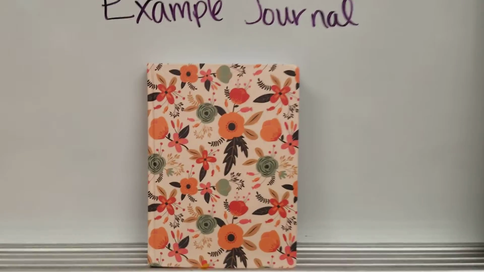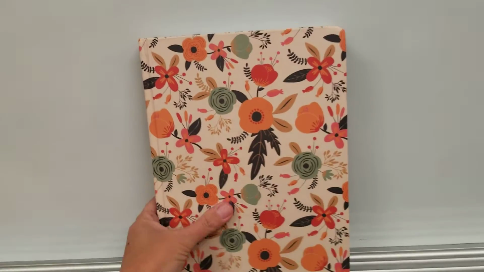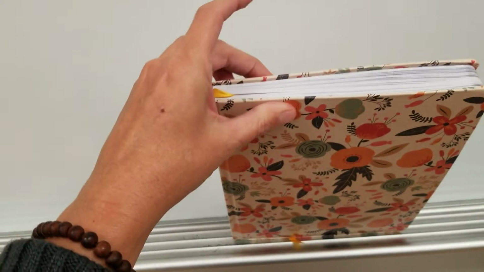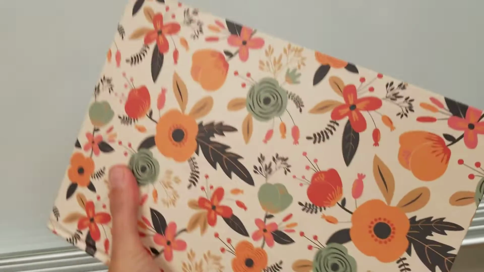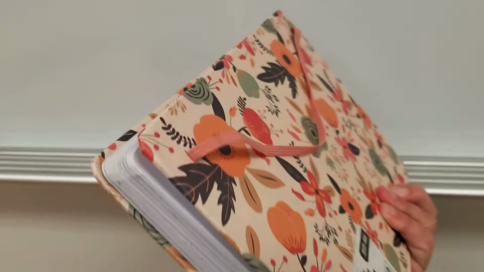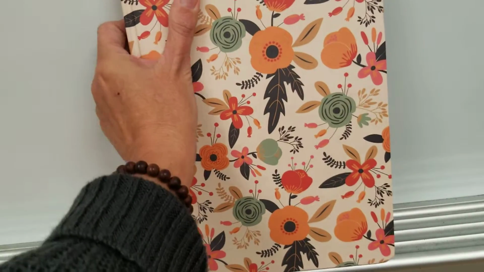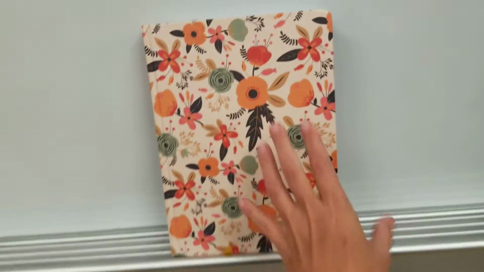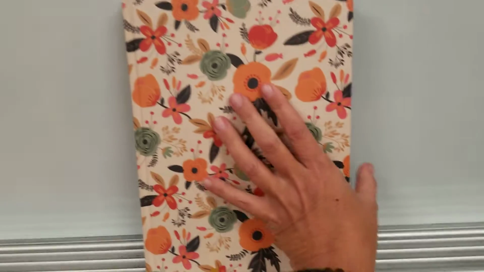This is an example journal, a student's journal, their work. She bought a really good journal book, a hardcover book. You can use a composition notebook too, but these are good to have, the little extra investment, because you're going to use these in future classes. And to start off with,